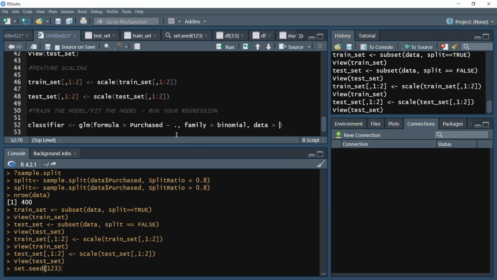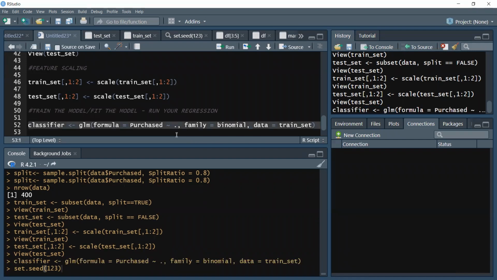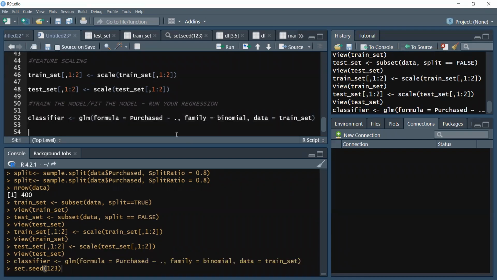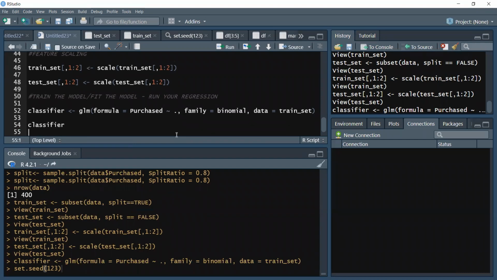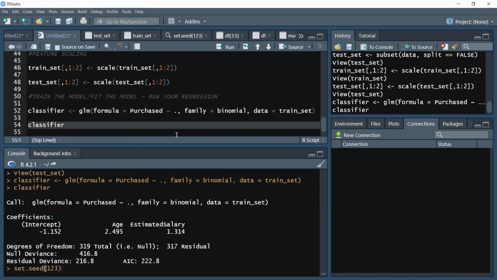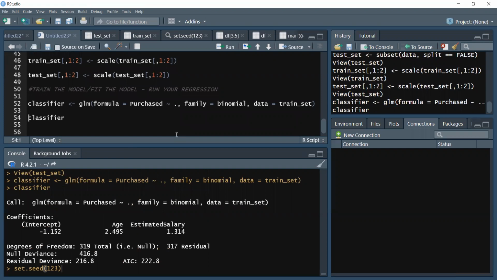So for the first regression you are running, is it the train or test you are doing first? Train. So we are going to use the train set. Hope there's no error here. Okay. Right. So if I have done that now, if I call classifier, let me run. Can you see something has come out now? So if I say summary of classifier,